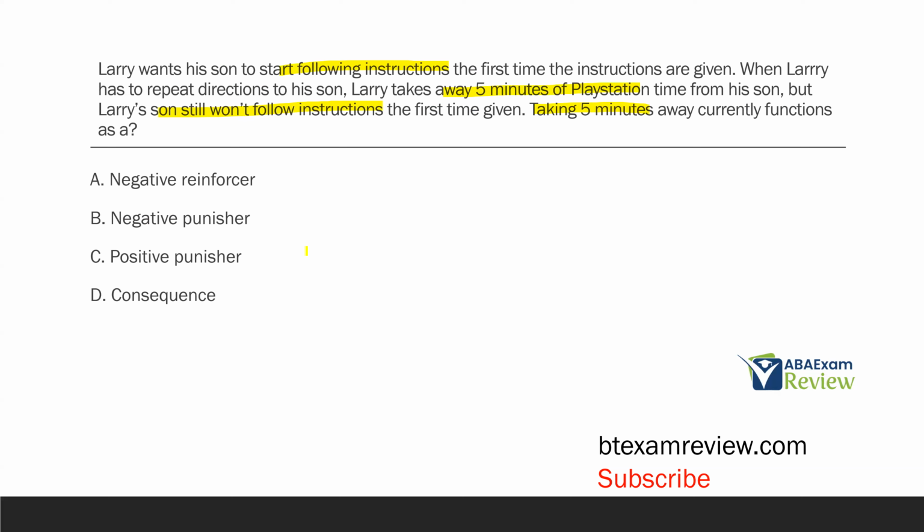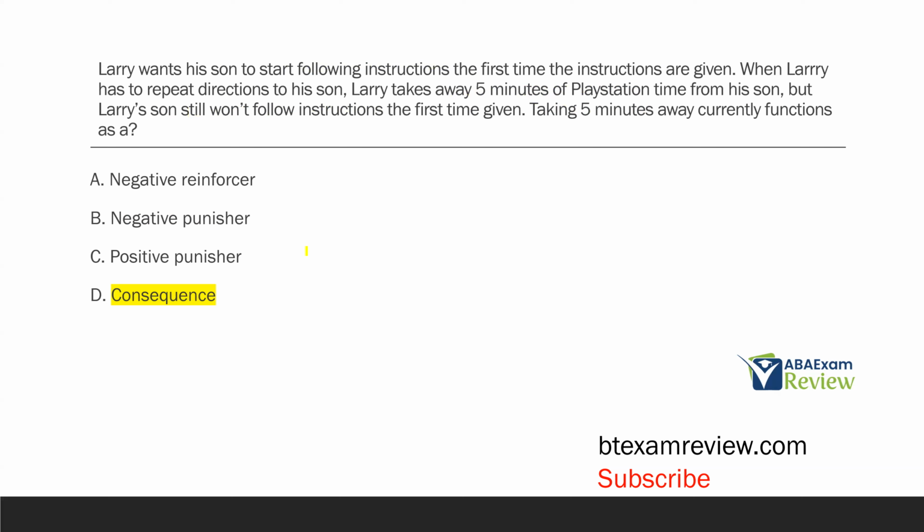is. It definitely can't be C because we're taking something away. It's not positive. Therefore, taking 5 minutes currently functions strictly as a consequence. Now, this is a bit of a trick question, but it's a teaching question, reminding you to always look at future behavior. Keep in mind, if the question had simply said, when Larry has to repeat directions to his son, Larry takes away 5 minutes of PlayStation time from his son, and stopped there, then we could have said it's negative punishment because when you remove reinforcement contingent on behavior, or earned reinforcement contingent on behavior, it's a response cost